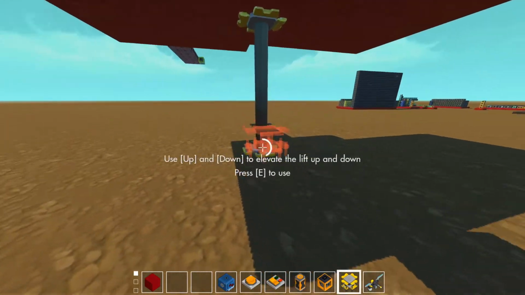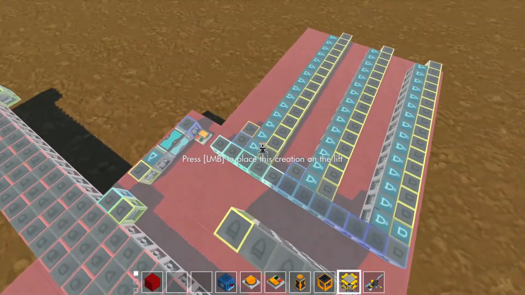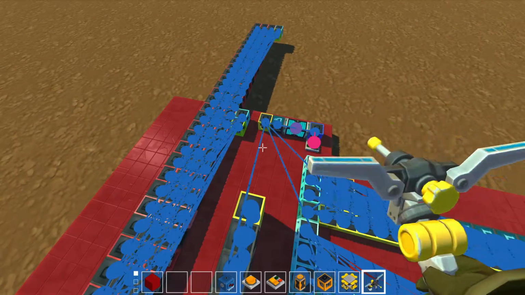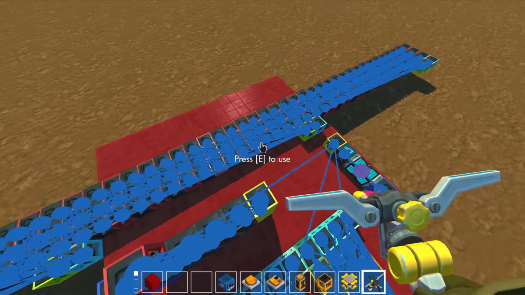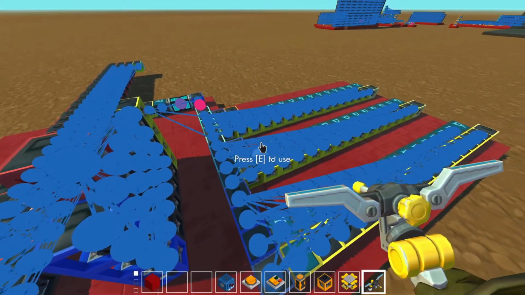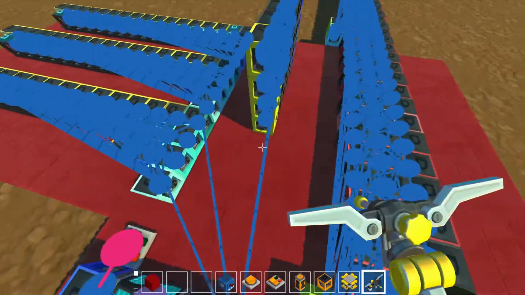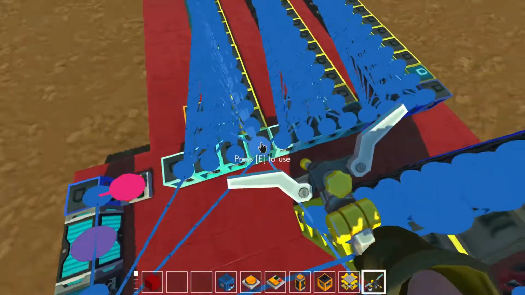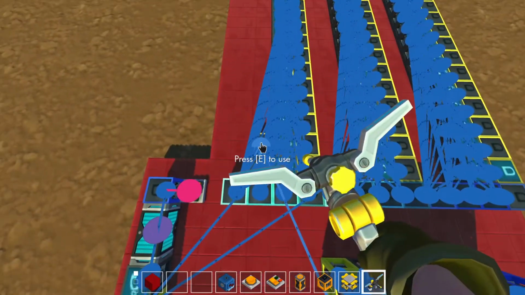Going to reset everything. And at this point, I'm going to need to wire this to here for conditionals and wire this to here for unconditionals.